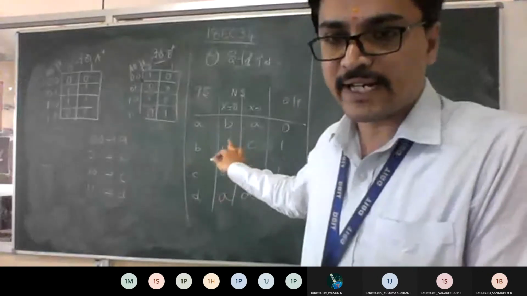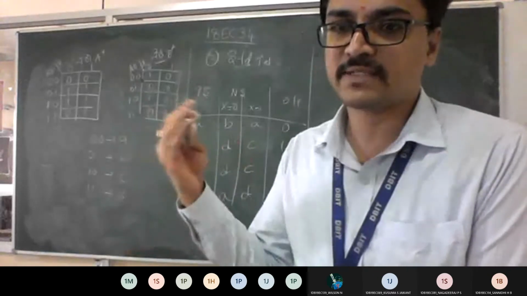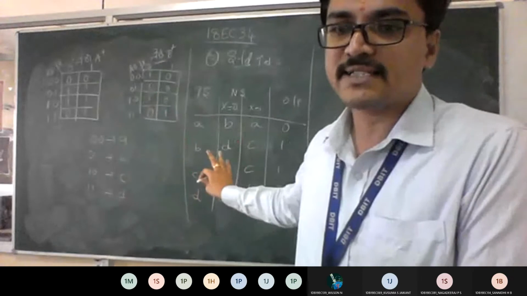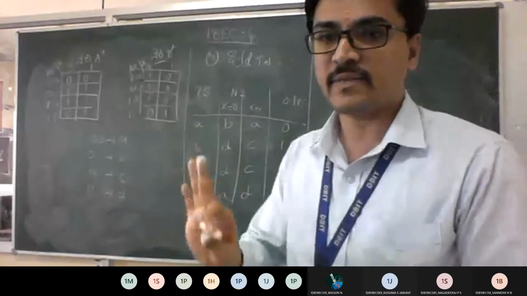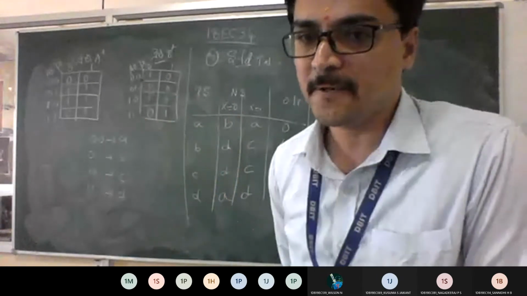Any doubts, anyone, to write this state table? See, follow the steps clearly. Till here it is the same procedure. Only the diagram alignment will be different for Mealy and Moore. That's all. Apart from that, till here it remains the same procedure for both. Am I clear?